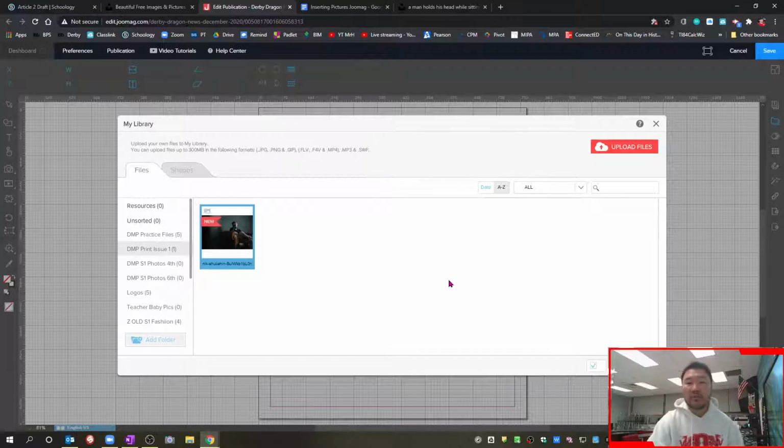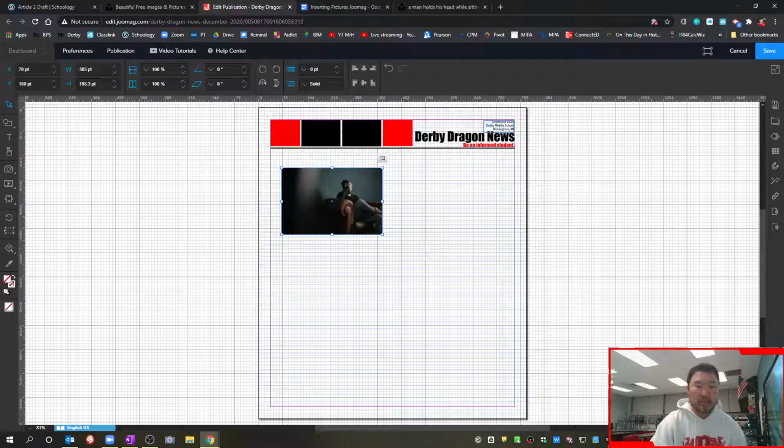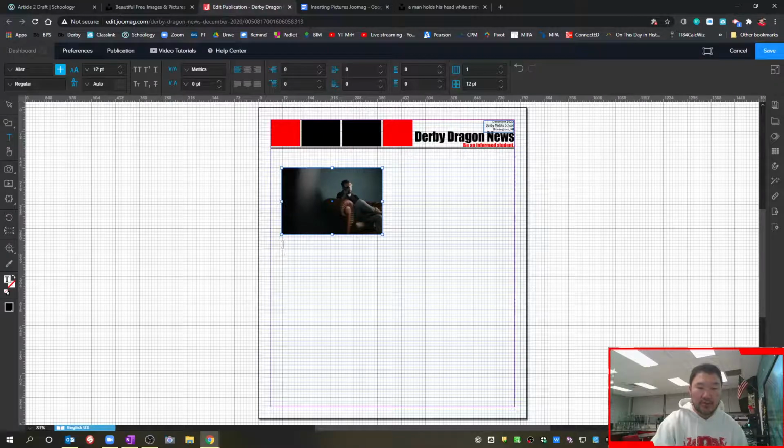So I will go through, delete things that aren't needed, but you should only put documents that you need. Okay, so it's under DMP print issue 1. So let's insert that, and I'm going to click and drag. That looks pretty good. To attribute it, I'm going to create a text line underneath, and notice it's in edit